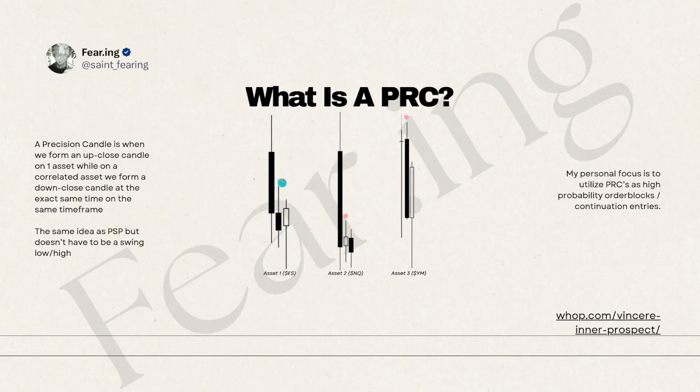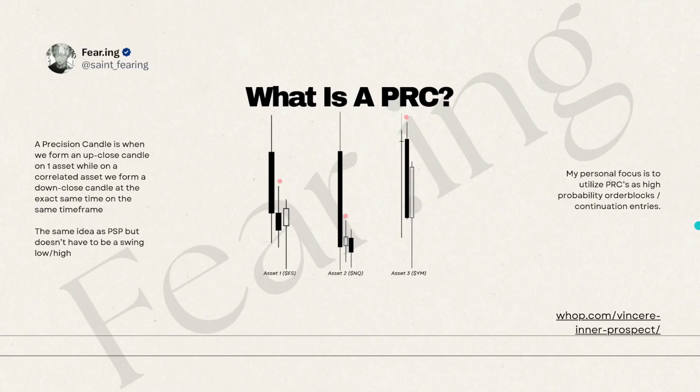Candle 2, as we can see with the red dot hovered over it, is a down close candle on ES, up close candle on NQ, down close candle on ES. Again, imagine this is supported by 90-minute sequential SMT. This is a bearish example also, so that's something to keep in mind. And most important, there's no swing point attached to that, so that is what makes it a PRC compared to a precision swing point. Personally, I always focus PRCs as a high probability continuation entry and treating them as high